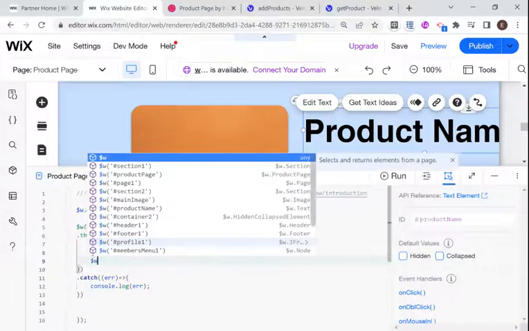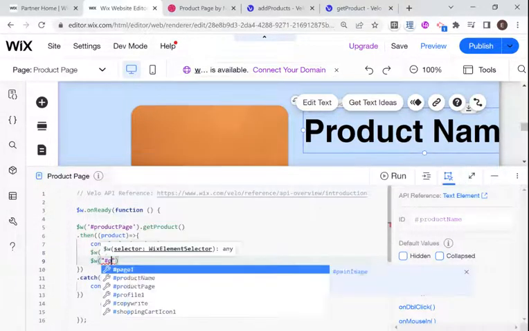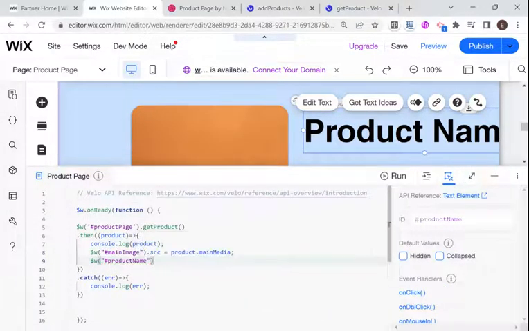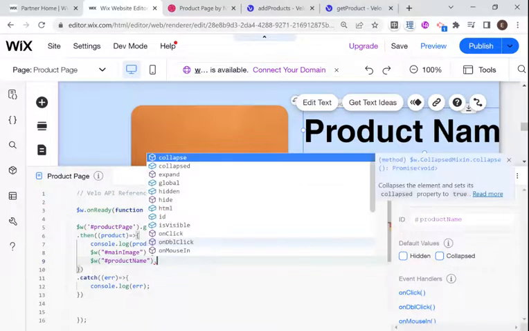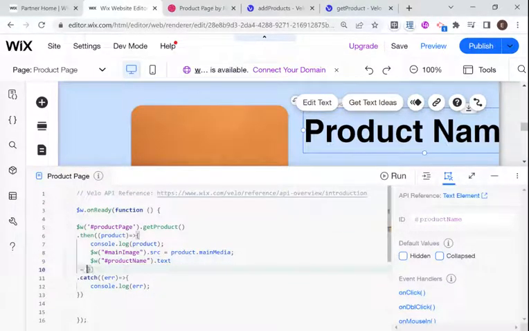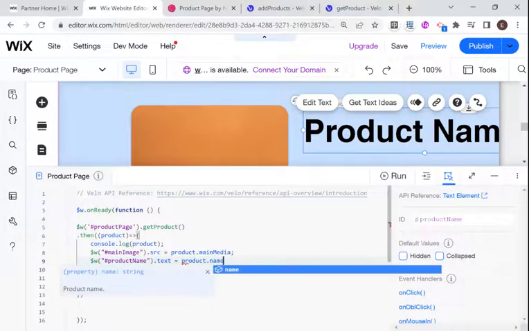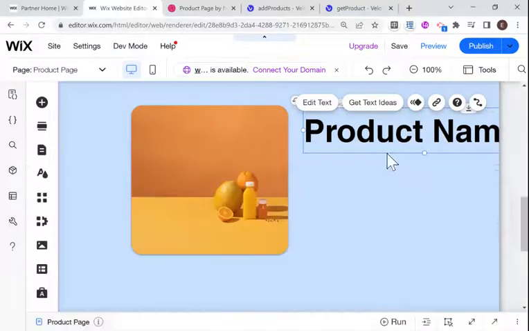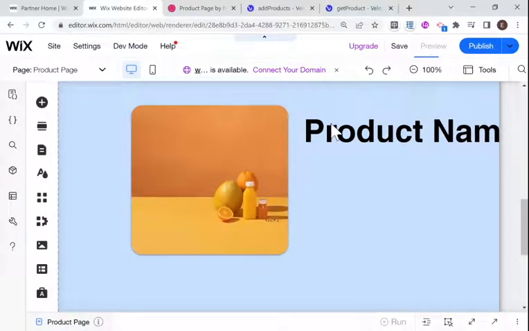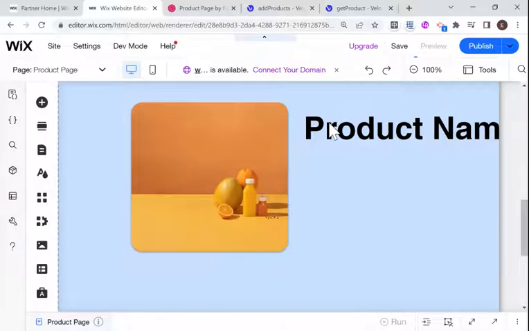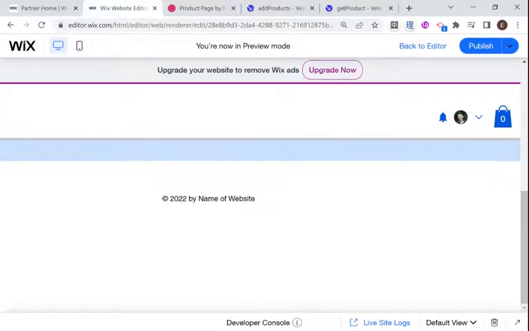And for our product name, that source, that text is going to be equal to product dot name. Excellent. Let's preview this and see how it looks. And if I go down,